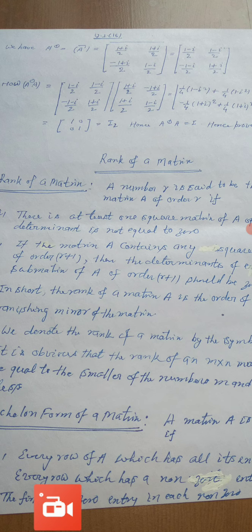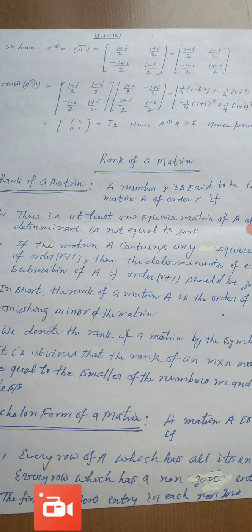A number r is said to be the rank of a matrix A if number 1, there is at least one square submatrix